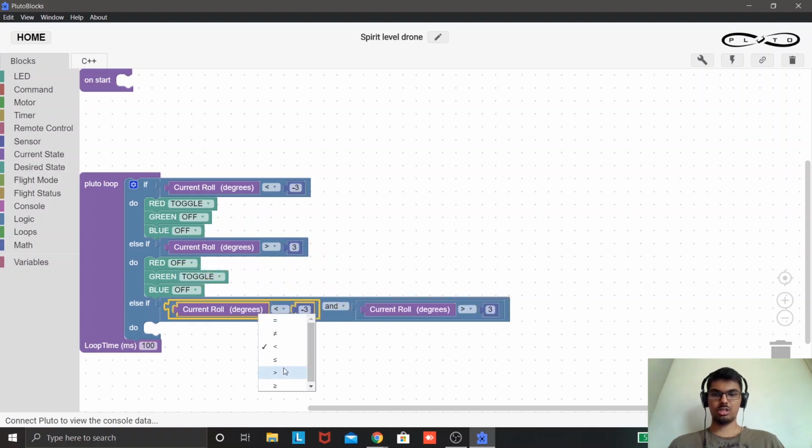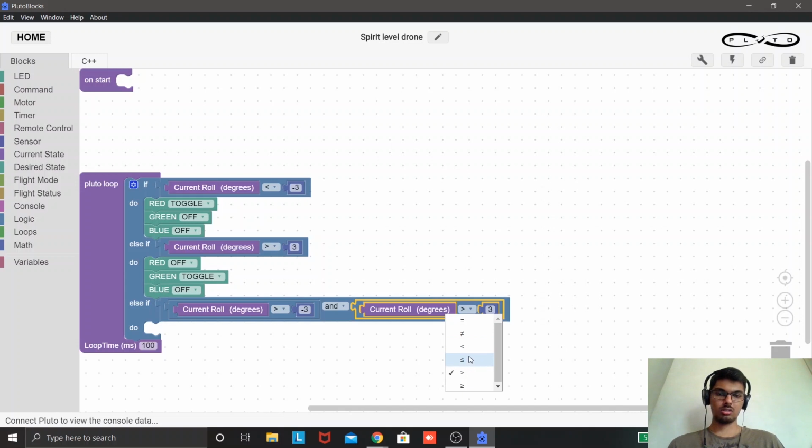Change it to greater than, and over here less than. So this is the range where we are considering that the surface is perfectly flat, between ±3 degrees. You can of course change this 3 to 2 or 1 or whatever you require. That is changing the sensitivity of the spirit level.